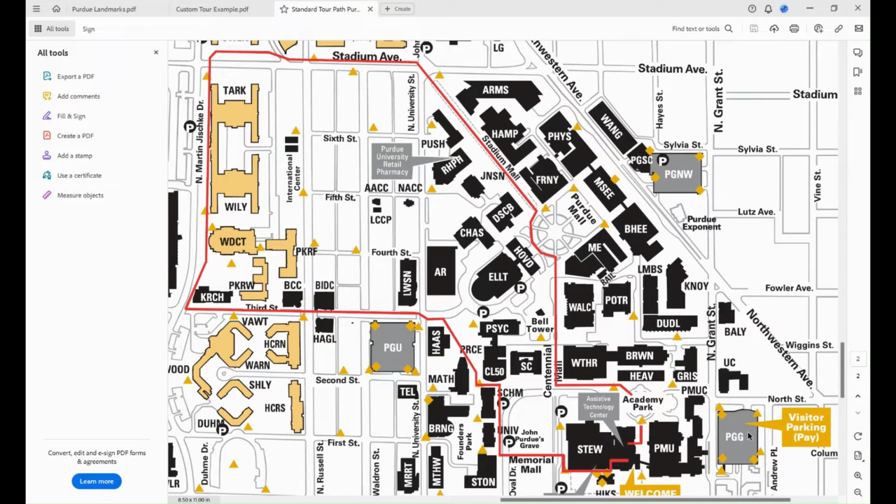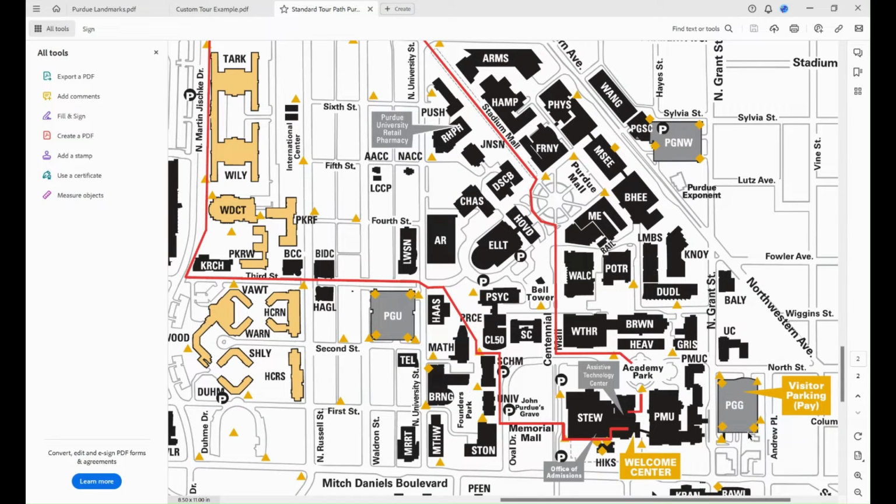It'll be, I think, $10 max, and that's if you're there 24 hours. I took my family friends on a tour here, and it was, I think, $5 for them, and we did an extensive tour, like 3 hours of learning about stuff while they were here. So yeah, it won't be that much for parking. Then you'll walk into the welcome center here. Very typical welcome center. You'll get your little visitor passes if they still do that, and then you'll meet